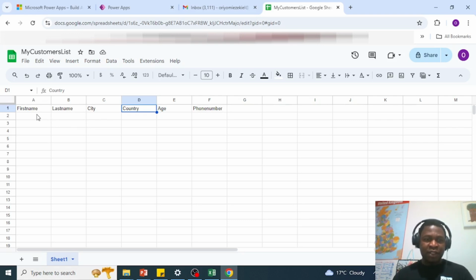For the benefit of our colleagues who have never programmed before, we are using this Excel sheet as your storage space, as a database, where our data and records will be stored. So this is our database. You might decide to use SQL Server. That is very fine. We'll be talking about that later, not in this video. SQL Server is actually one of the most robust database management systems out there that you want to consider